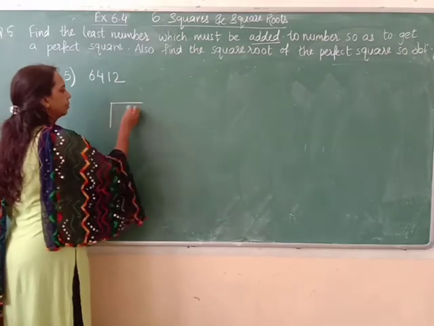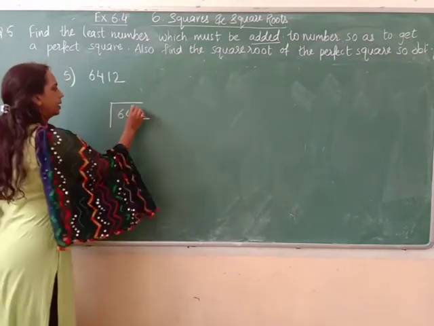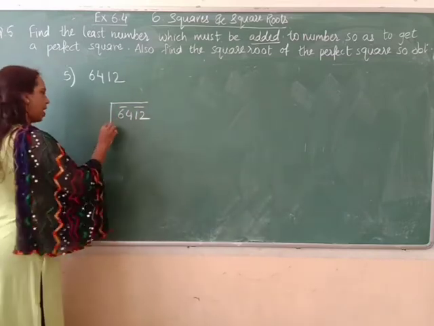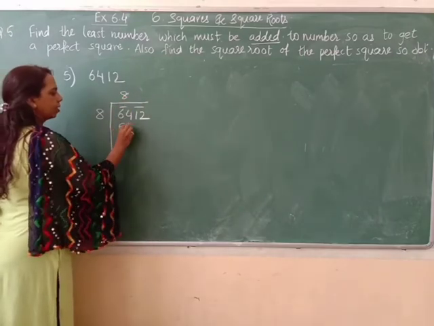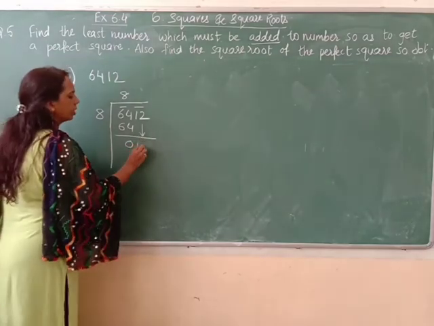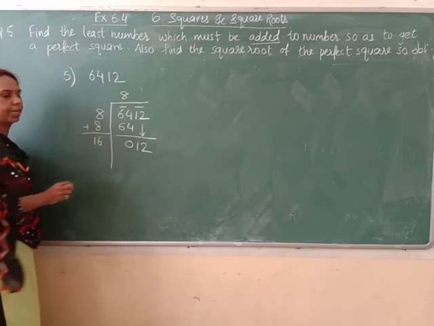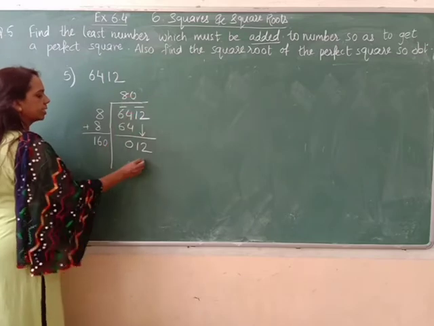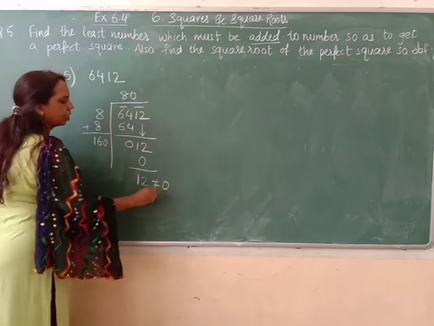6412. So already making the bar on the numbers. 64 is the square of 8. So 8 into 8 is 64. We get remainder 0. Bringing it right down here. Here at the number 8 we get 16. Okay, so we will go with 0. 160 minus 0 is 0. So what we are getting here? Number 12, which is not equal to 0.